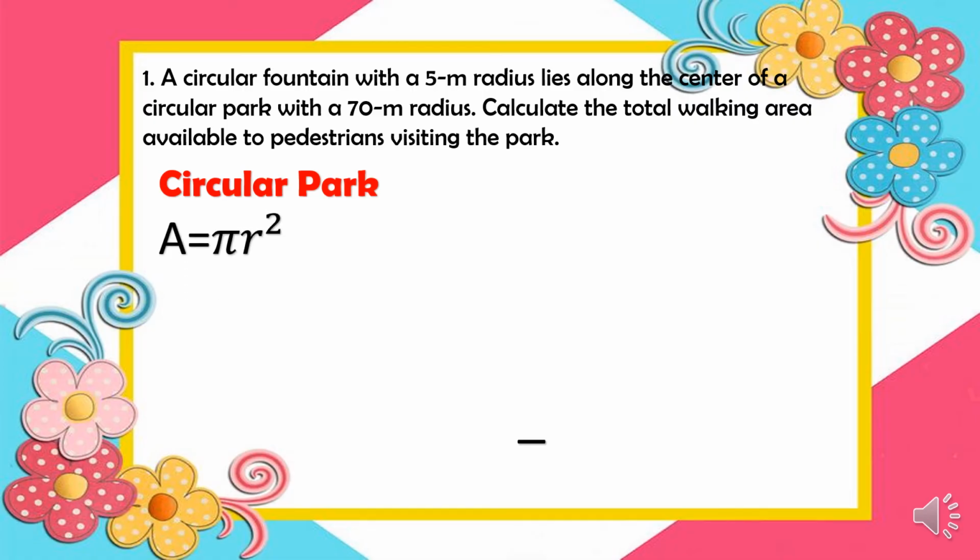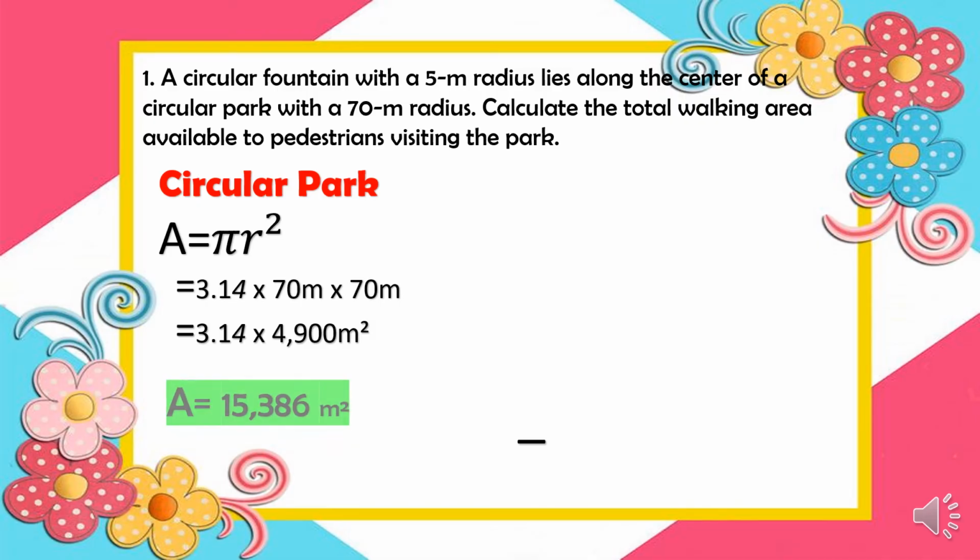So again, we will be using the formula A equals pi r squared. So let us now substitute. So 3.14 times 70 meters times 70 meters. So we have 3.14 times 4,900 square meter. So the area of the circular park will be